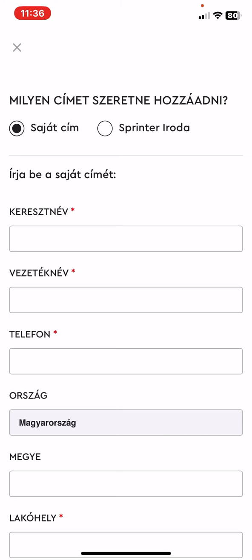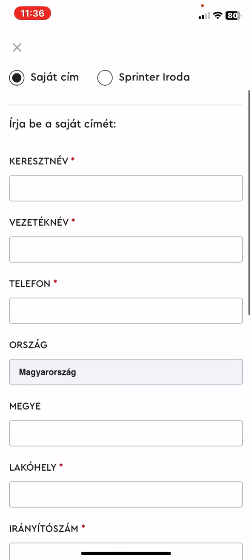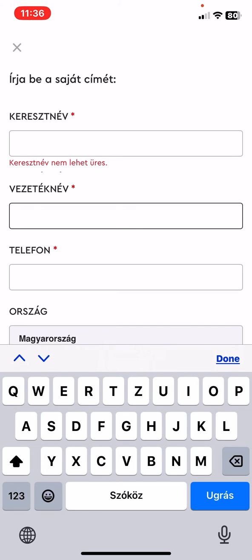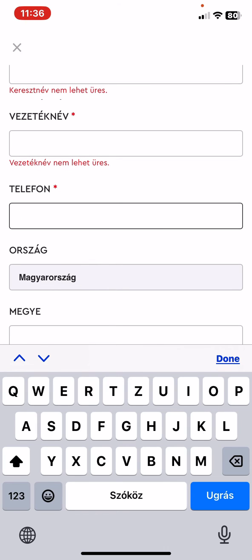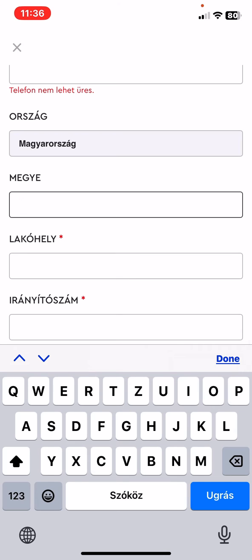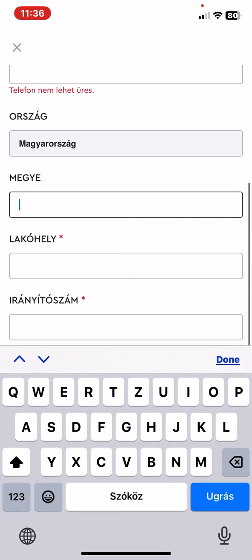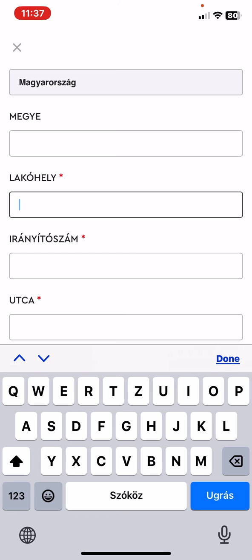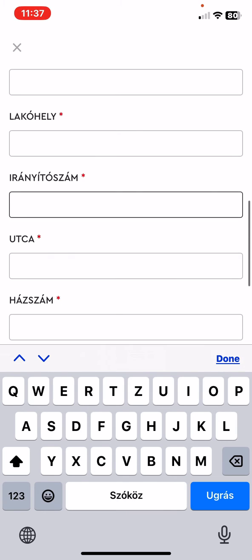So first you have to choose if you want to set your own address or a Sprinter address. Then you have to write your last name and your first name, and then you have to type in your phone number here, and then you have to set the country as well, and you have to set the region, but that's optional. You have to set your city and your postcode as well, your street and the house number,